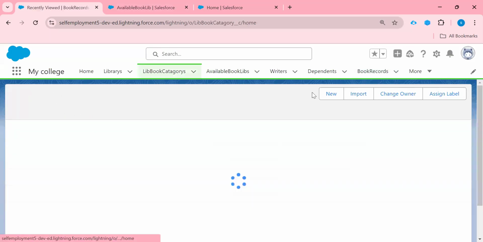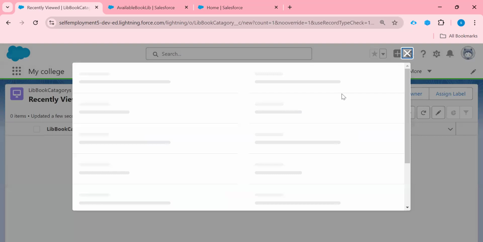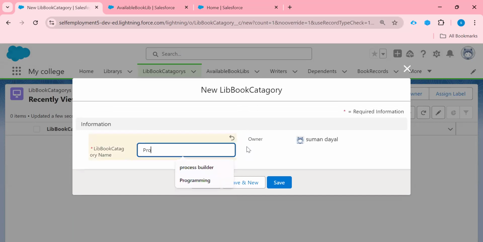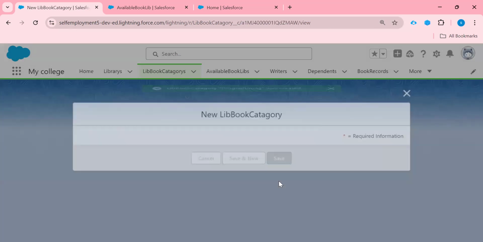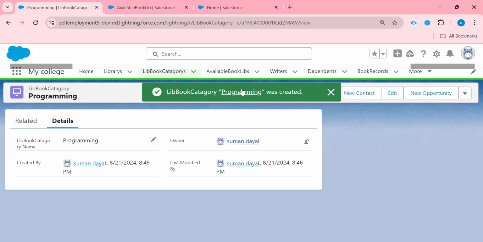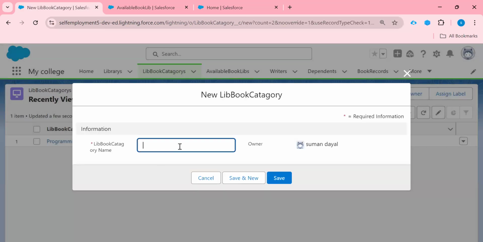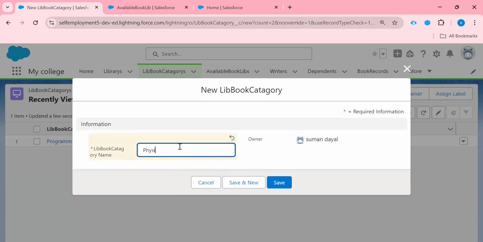So this is my library book category. Here I haven't entered any record, so I need to give the category. Firstly I am giving programming. Now save. One more type I want to create, that can be physics books.